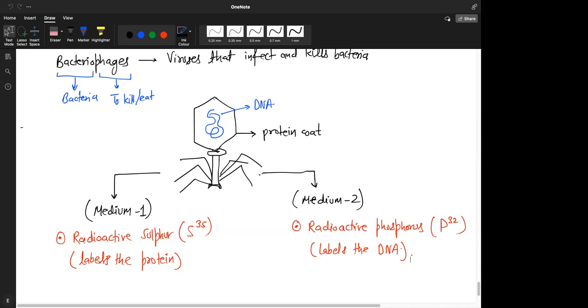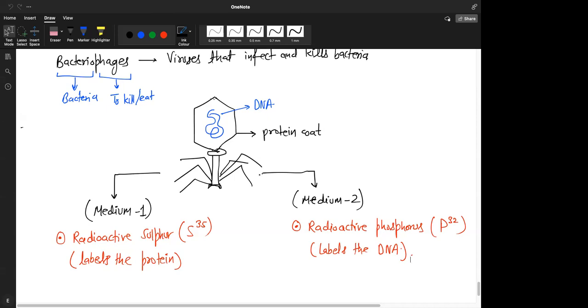Second point, radioactive sulfur medium will allow the viruses